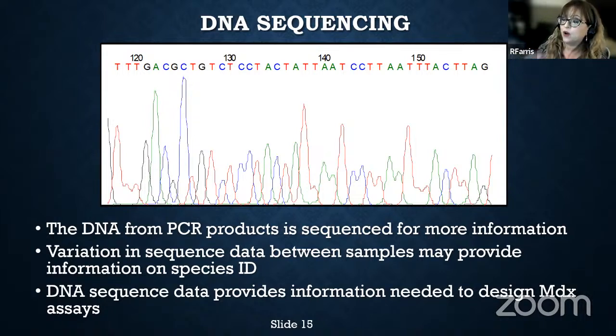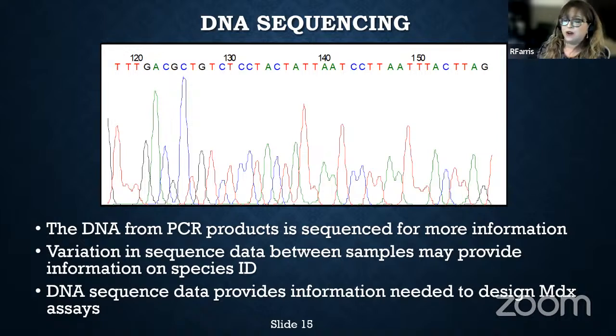Sometimes one of the sequences might have some really poor data, but the other sequence is beautiful. It's perfect. So a lot of times we rely on those forward and reverse sequences because we may get poor sequence data for one of them, but great data on the other one. That can give us the answer to what the actual correct base is. I have spent countless hours going through sequence data and correcting base calls that were incorrect. And that can happen for various reasons.